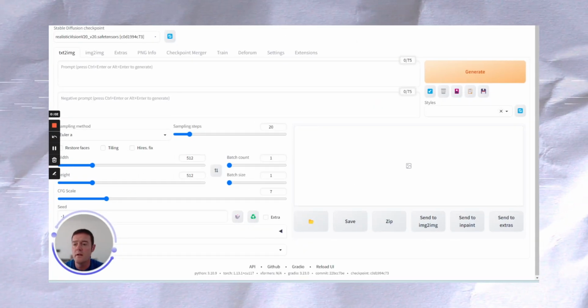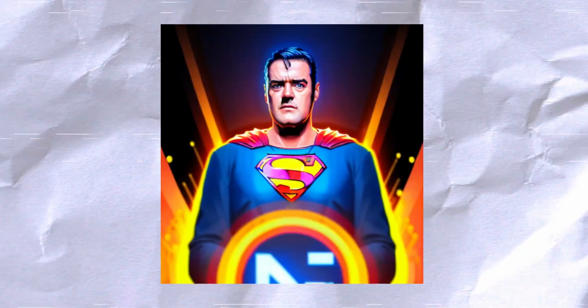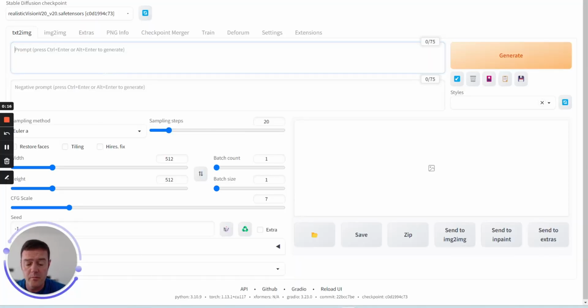Hello all, today we're going to be creating a short basic introduction to using the Text2Image tab within Stable Diffusion and the Automatic1111 user interface. We'll start with our positive prompts. So if we type in a lady,